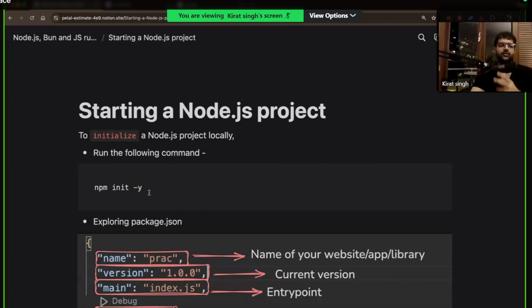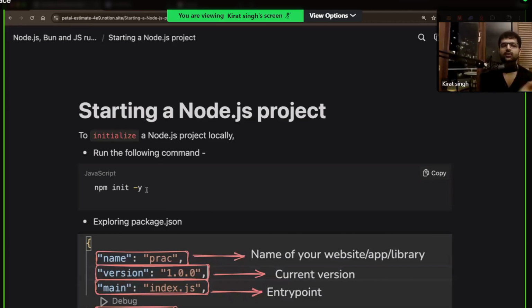So let's kick things off by initializing a Node.js project. If you are ever initializing a Java project, a Python project, steps remain very similar. All of these require you to run some commands first before you can start to write the code. The thing to do in case of Node.js is this command right here, npm init -y. For a few of you, this will work. For the people who have not installed Node.js, this will not work.